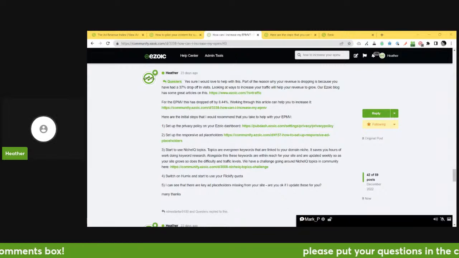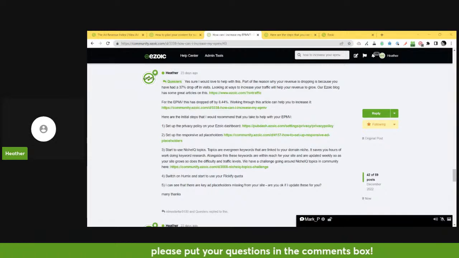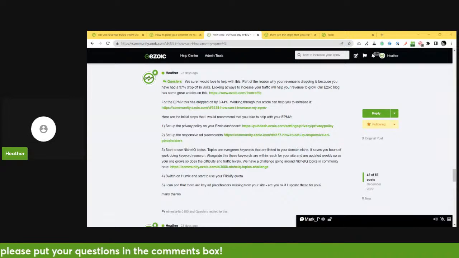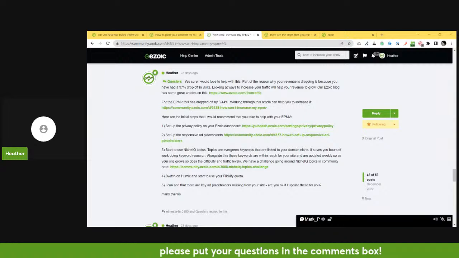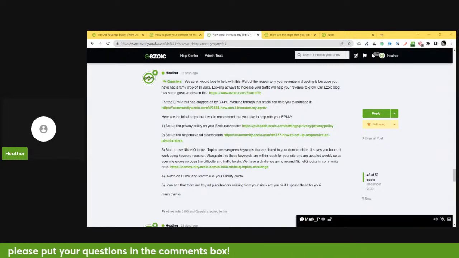If you're a brand new site and you're looking at building your brand up and the revenue is secondary, what we recommend then doing is using the user experience focused settings, or if you are seeing any concerns around your user experience settings and you're on balance, switching to user experience focused can help with that.